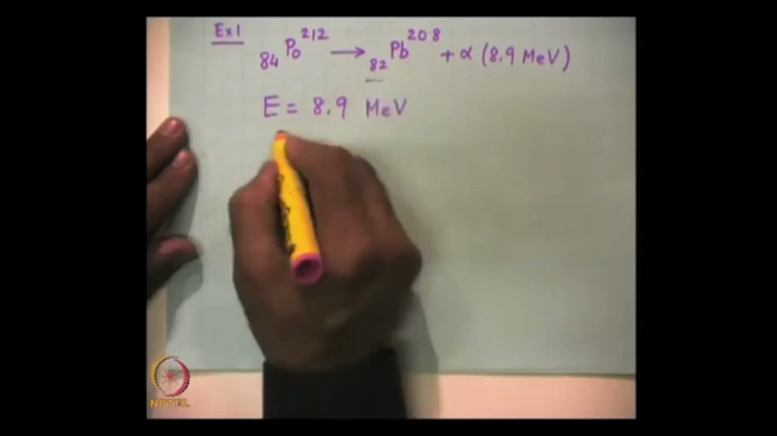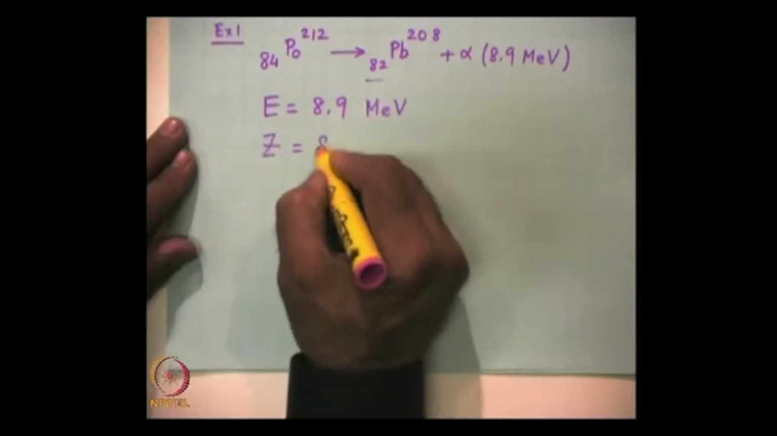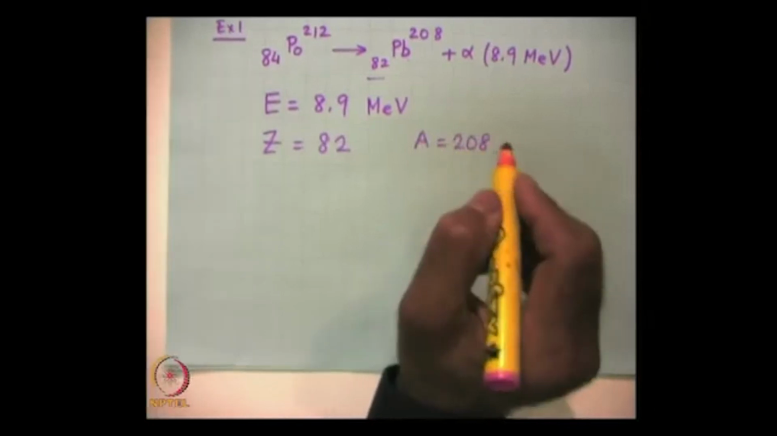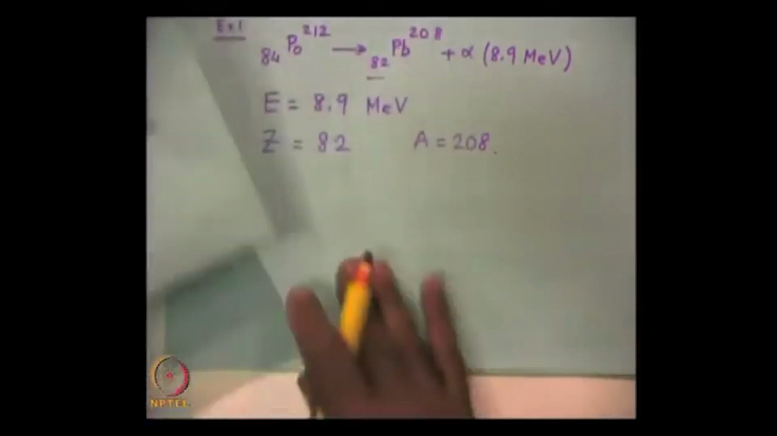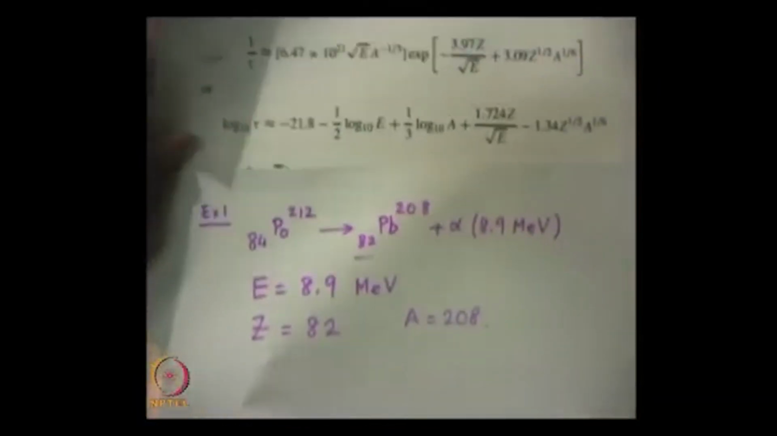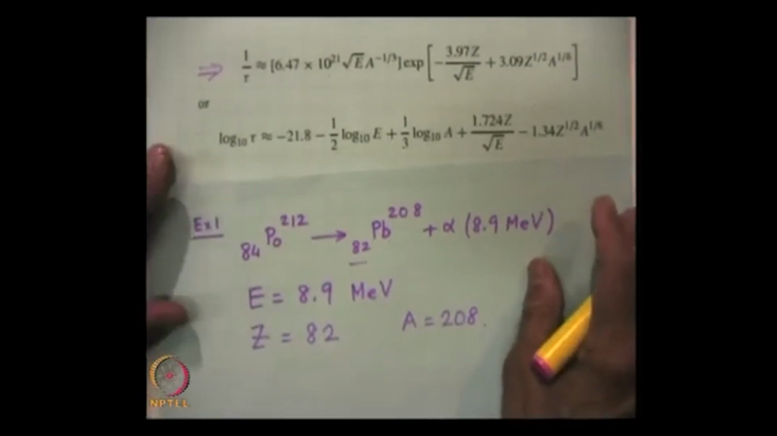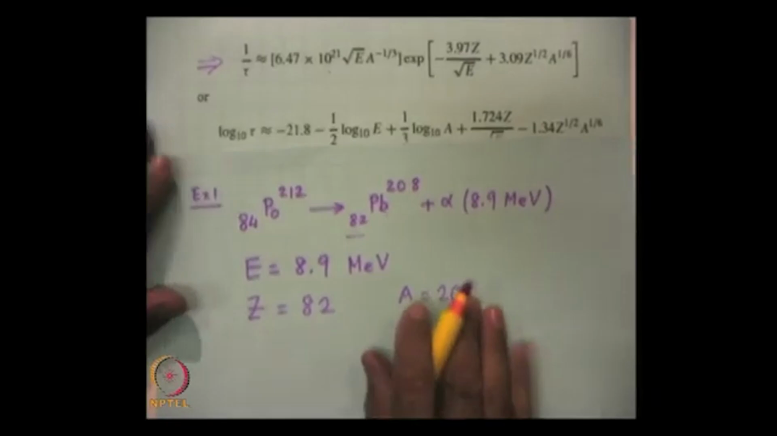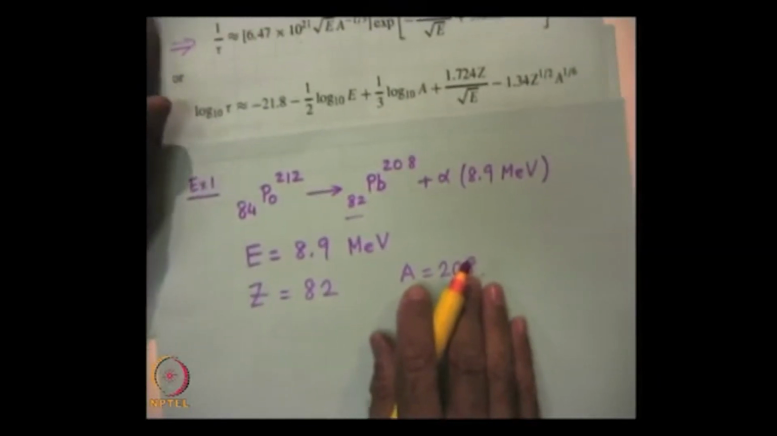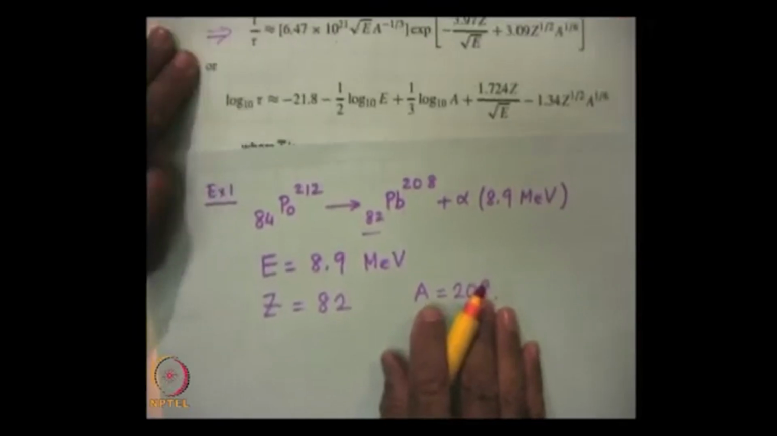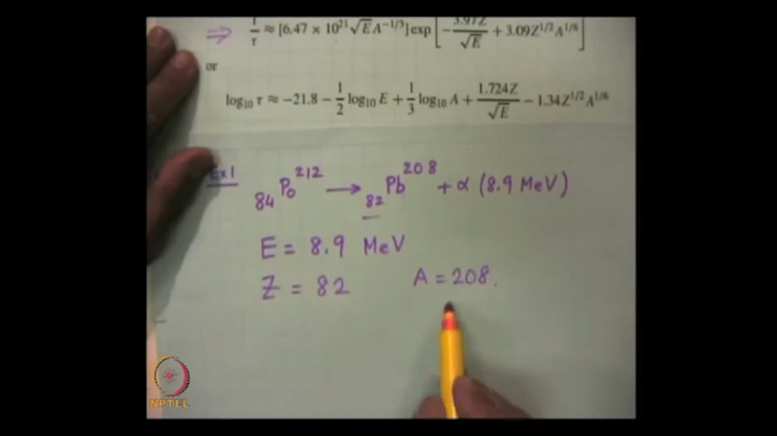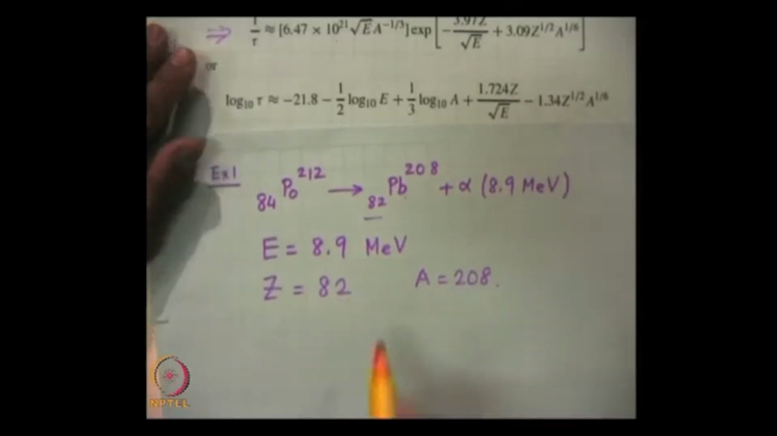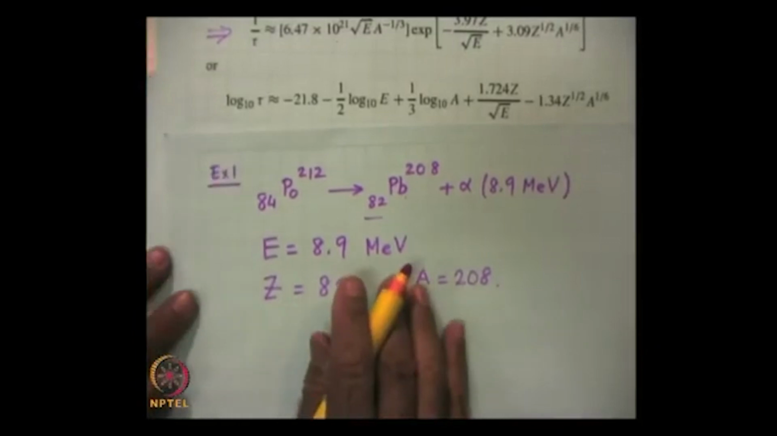This Z is 82 and A is 208. So, then what I do is I substitute here E is equal to 8.9, A is equal to 208, Z is equal to 82, and carry out this calculation, and you will find that